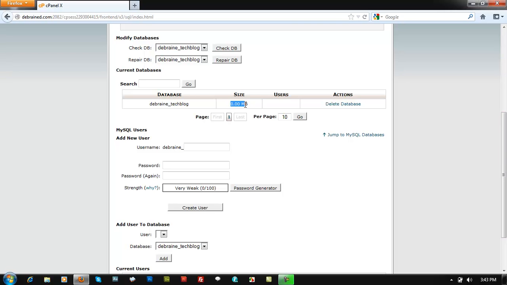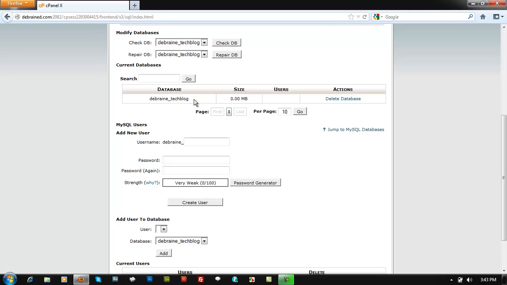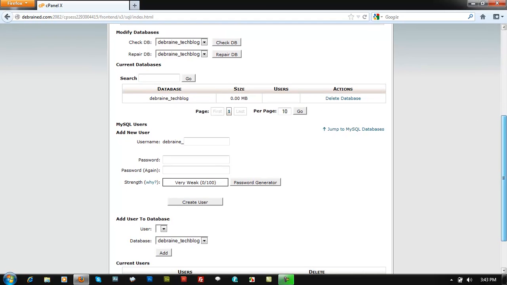It's going to stay at 0 MB. So how do you do that? Look for something that says add new user. Again, think of this as a tool or a machine. It stays in there, but no one is permitted to use it. So what you're going to do is create a permission, or create a name that can use that